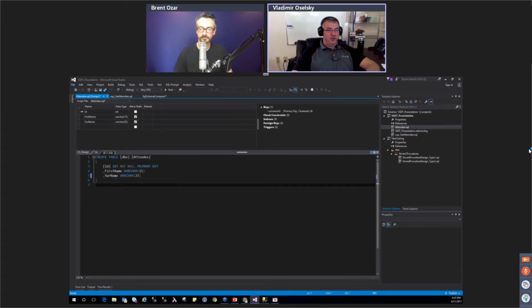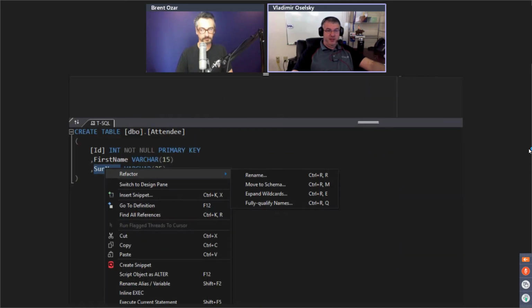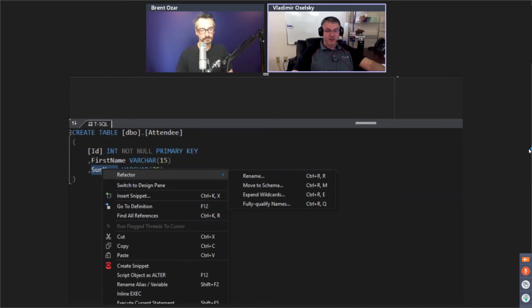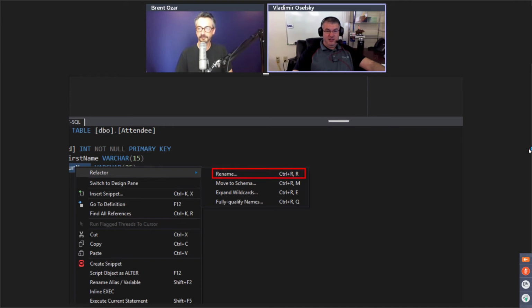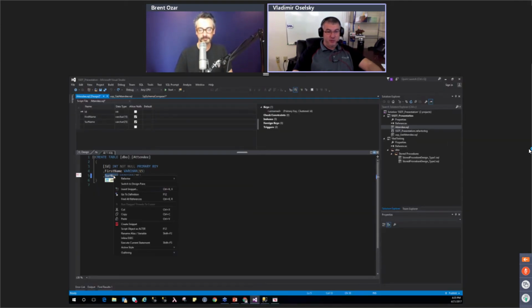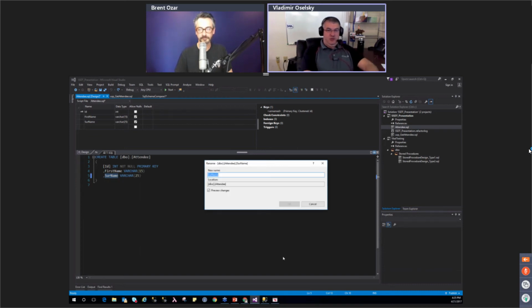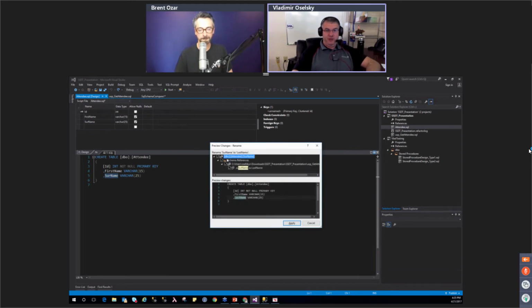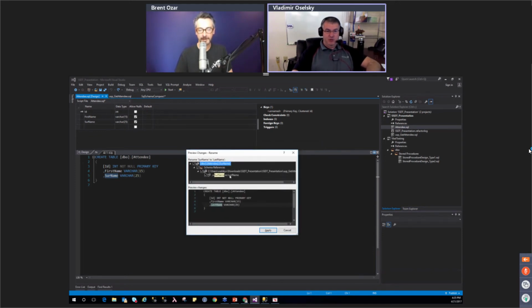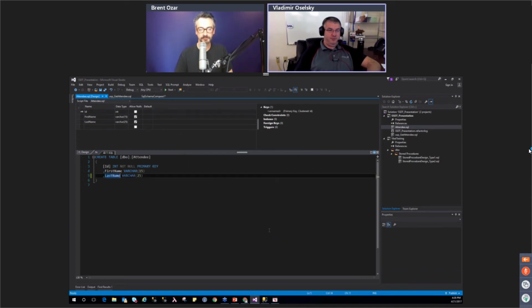So with Visual Studio, there's some other capability that you have. One of them is this Refactor menu. With Refactor, there's this little nifty thing called Rename. So let's see what happens if we use Rename. We'll give this a new column name. We save it. It says, well, I'm going to change the column name, and we click Apply.